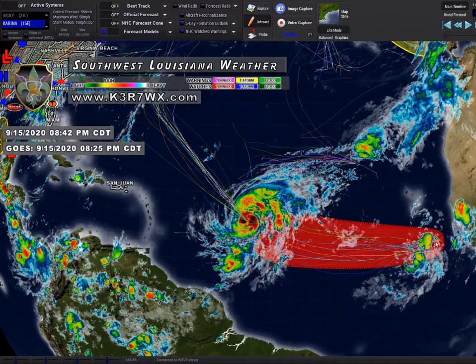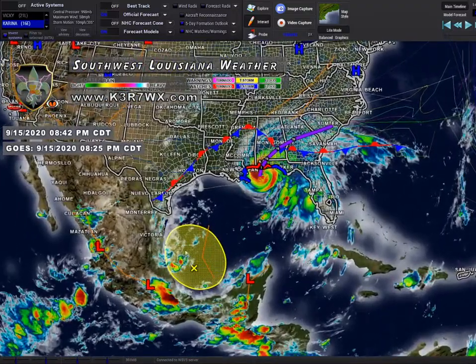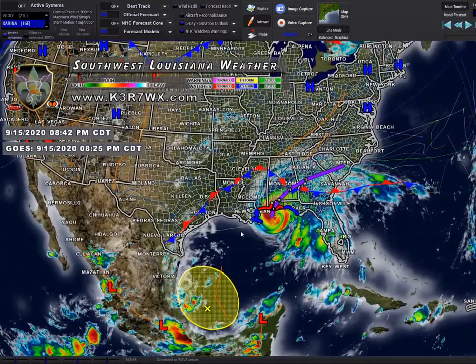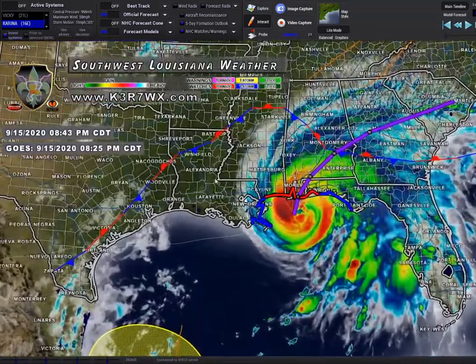Even this system here that's highlighted in red, I'm not seeing any direct threats to the Gulf, including this highlighted area by the National Hurricane Center. So once we get Sally out of the area, we'll basically be back to a semi-normal late summertime pattern here, and